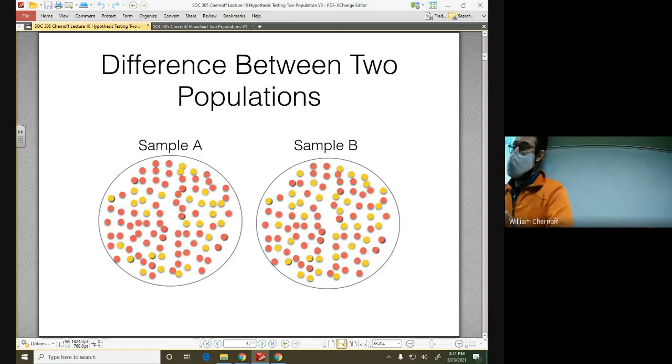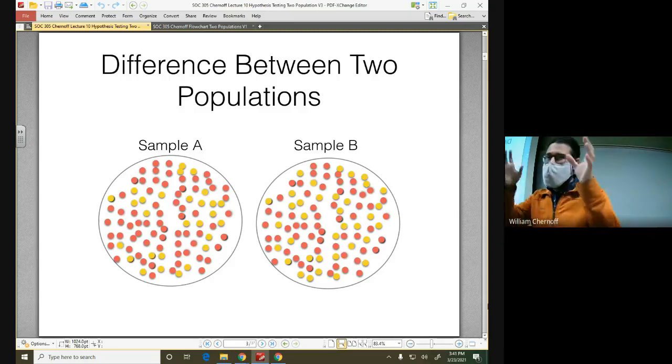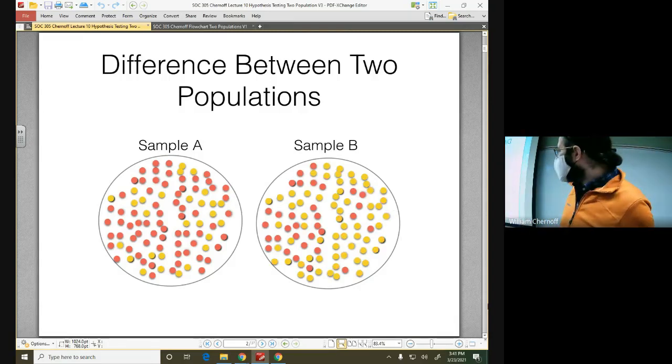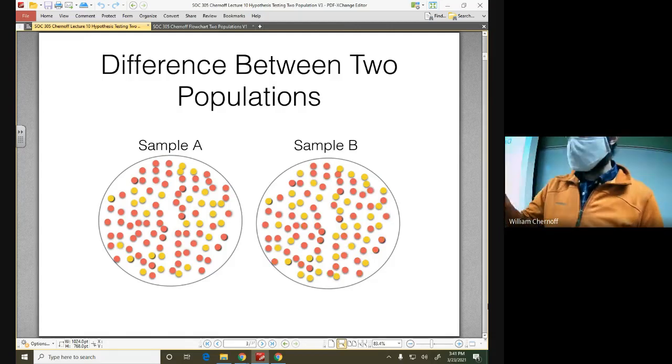So we want to compare groups. We want to compare men versus women, fear of crime. We want to compare people who've been raised by parents who drink versus those who don't drink, and how that might affect how much alcohol they consume. But sometimes, looking at two groups and saying they're different, sometimes it's easy. Sometimes we're going to really need statistics to let us know if those differences actually exist.